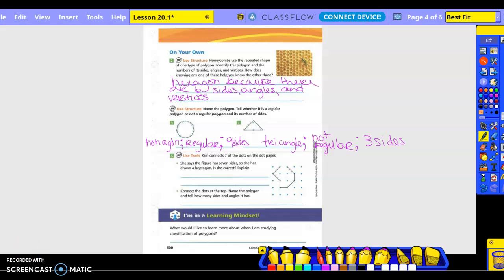Number 5, use tools. Kim connects 7 of the dots on the paper. She says the figure has 7 sides, so she has drawn a hexagon. Is she correct? Explain. So she has 1, 2, 3, 4, 5, 6, 7. She only drew 7. But is her thing a shape? No. No, because it's